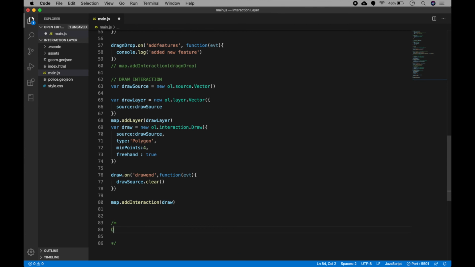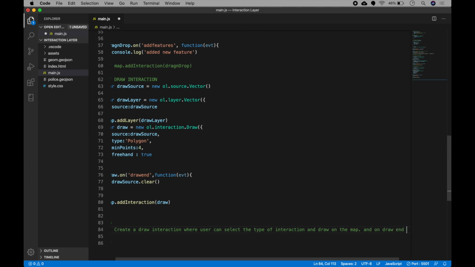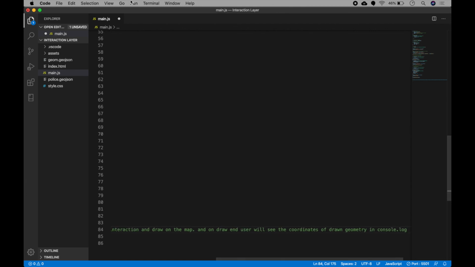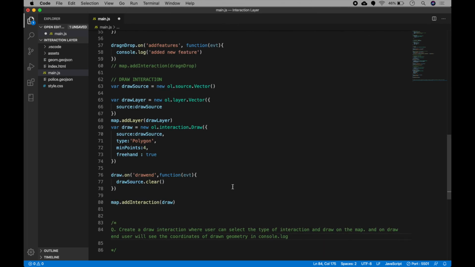So the question is, create a draw interaction where the user can select the type of interaction and draw on the map, and on draw end, the user will see the coordinates of the drawn geometry in the console log. Alright, so that's the question for us.